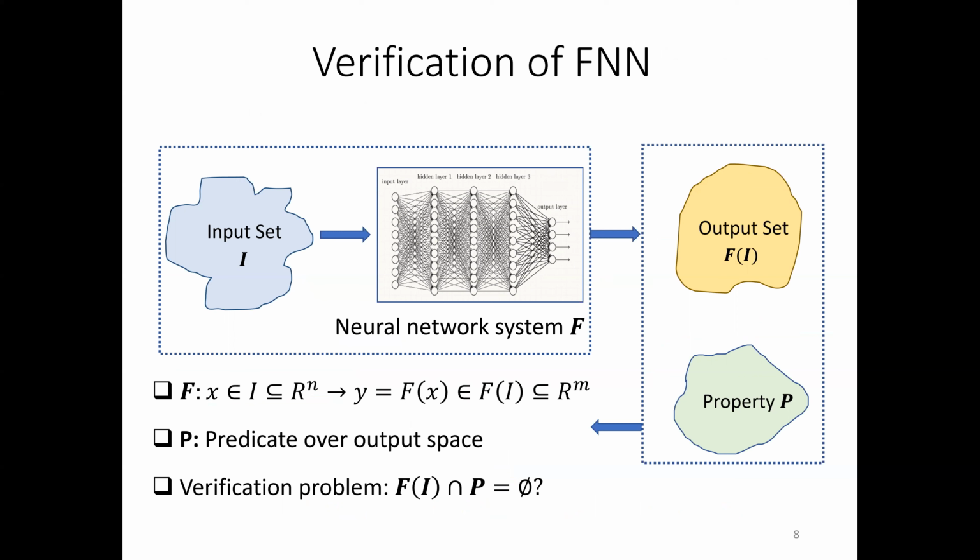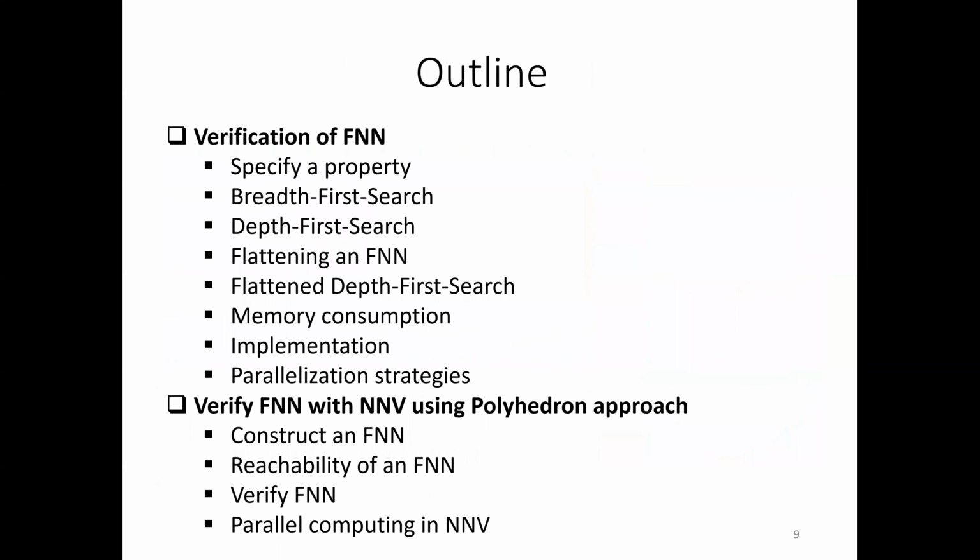Basically, you need to specify a property for your network, right? And then the verification problem is that you need to check whether the output set you compute reaches the property P or not. So that's the verification problem. Okay, so that's what we have learned so far, and you already learned how to code some basic algorithms for the polyhedron approach. So what we're going to cover today is that we